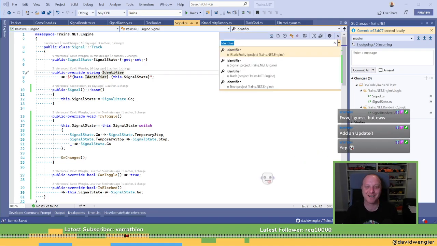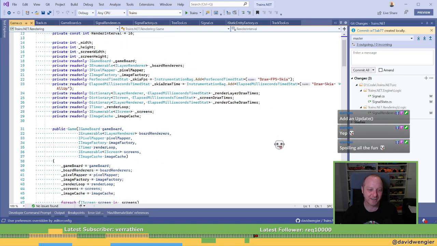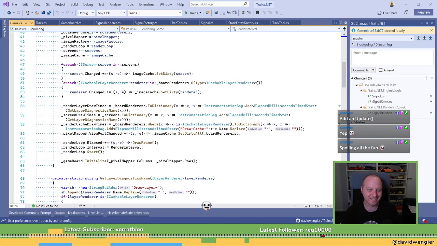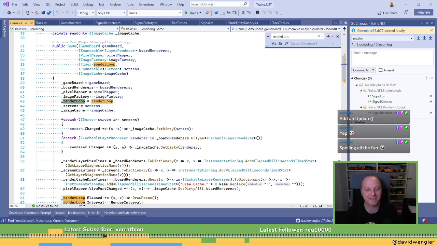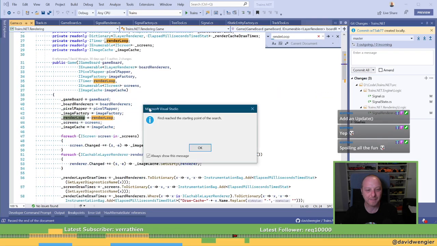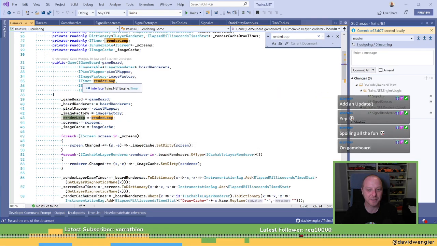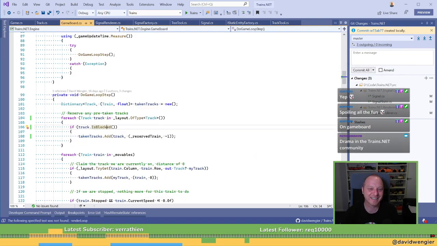Curse you making me write a real game. Right, where do we do frames? I've forgotten where frames are. There's a timer here somewhere. I'm so angrily putting this code in. Is it on render? No, wait. Render loop? Hang on. Shouldn't there be another timer somewhere? No, it's on game board. Yes, thank you. I'm an idiot. Never mind. I worked it out.